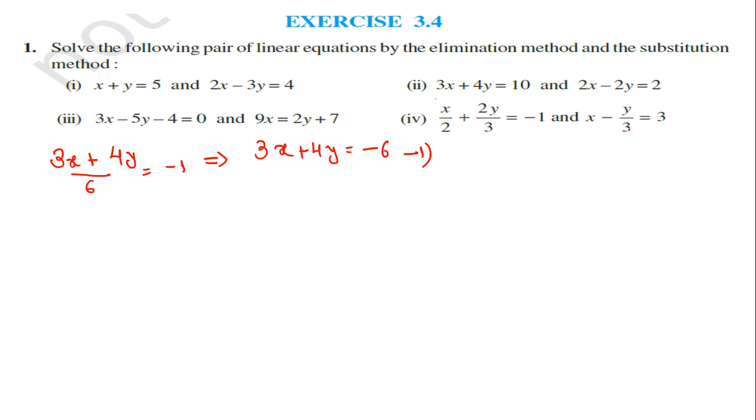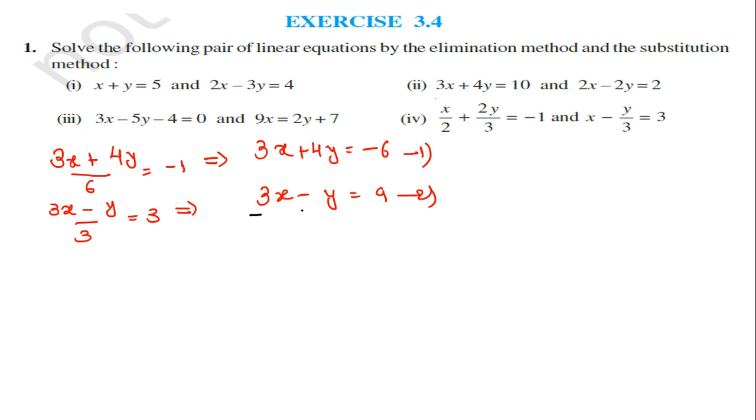Now what about this one? Okay, second equation. So here we can write, tell me, by 3 is equal to 3, and if you simplify, 3x minus y is equal to 3 times 3, that is 9. Now this is equation number 2. Let me write properly. 3x minus y is equal to 9. This is the second one. So now directly we can cancel these things.